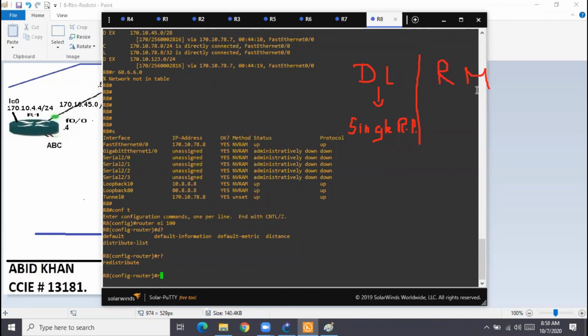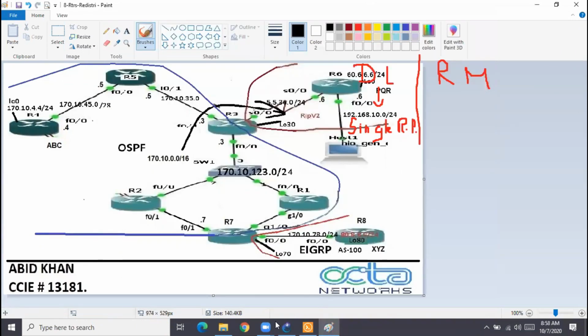So distribute list is now clear. You will use distribute list as a route filtering tool when you have only a single routing protocol on the router. And this distribute list can be used to filter inbound routes as well as outbound routes. Like the requirement I said, R8 is receiving routes from R7, 10 routes.